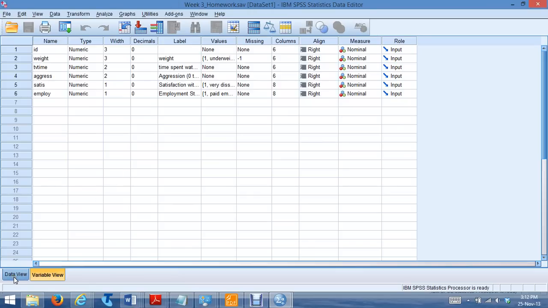There's my data view page and my variable view page, which you should all be very familiar with by third year. I've got my 5 variables here: ID, weight, TV time, which is time spent watching television, aggression, as you can see there, aggression on a scale of 0 to 20, satisfaction with life, and employment status. They've all been selected as nominal at the moment, whereas weight